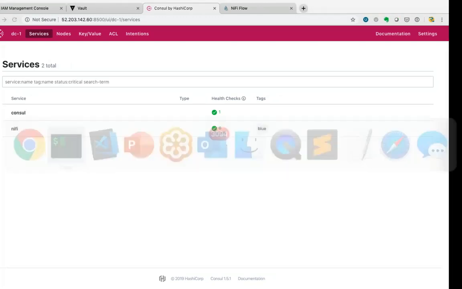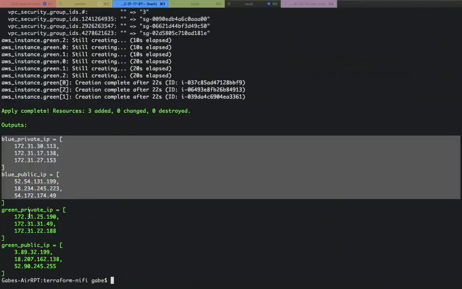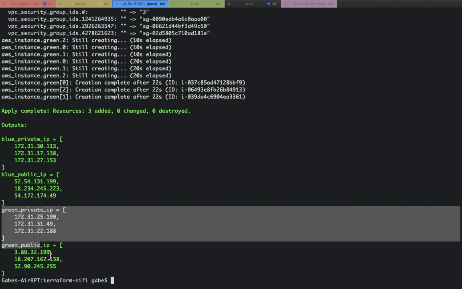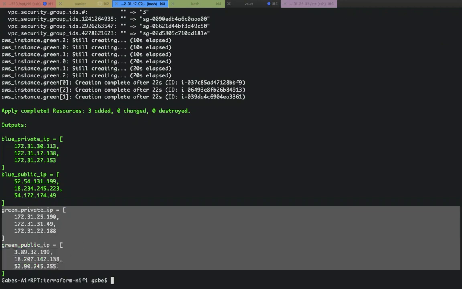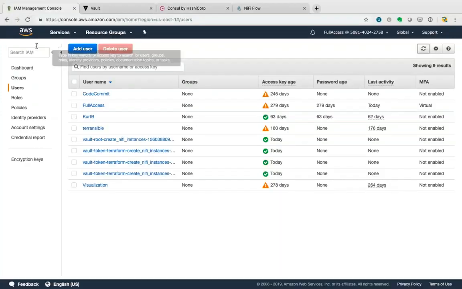So there I go. Their Terraform is done. It's been building these things. There are the original blue ones that I had. It built 3 new ones, which I'm calling green. If I go into my EC2 instances,